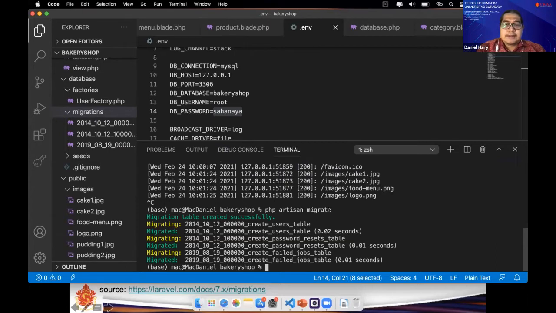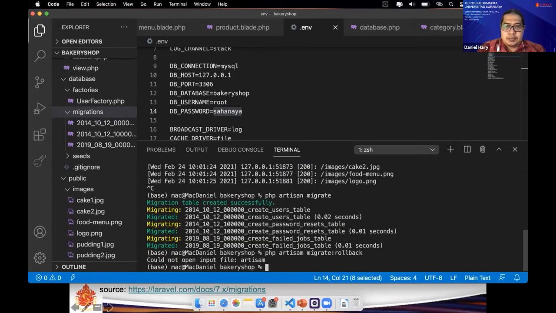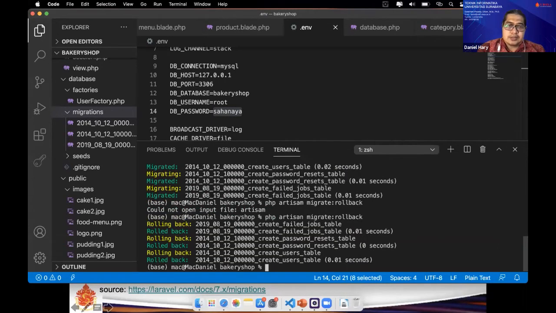Okay, and also we can roll back it. PHP artisan migrate:rollback. Artisan, sorry, artisan. This one.